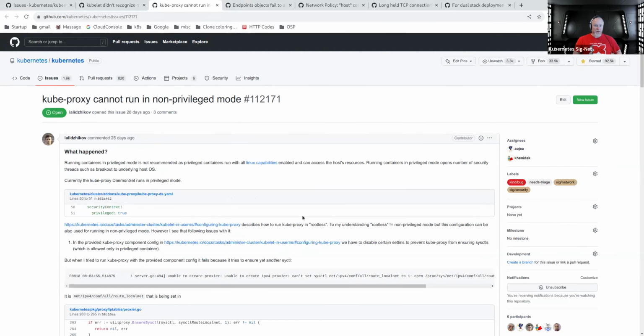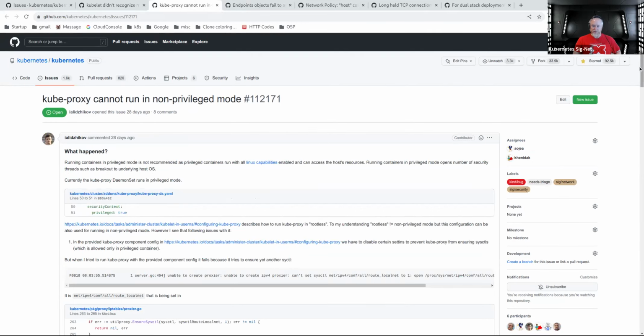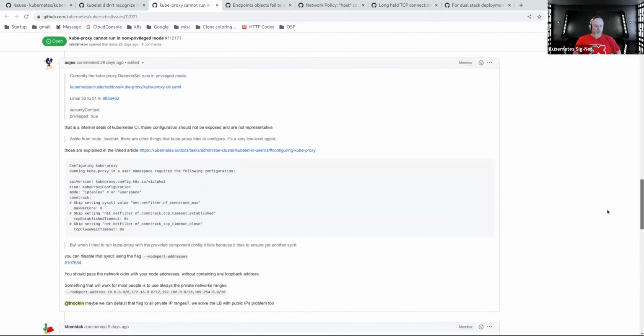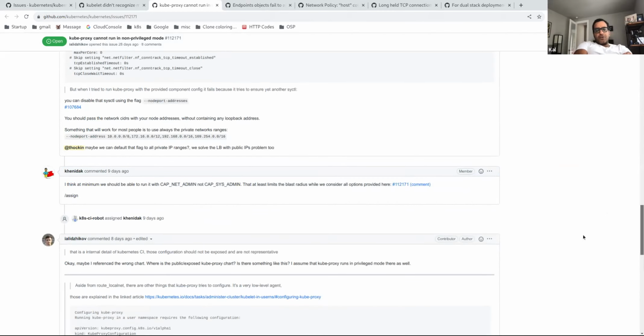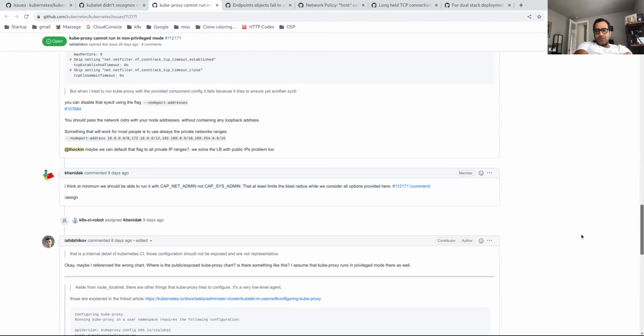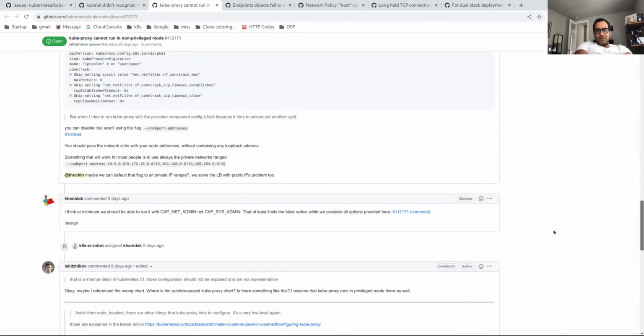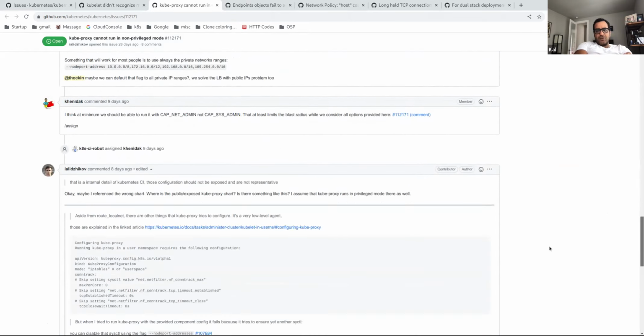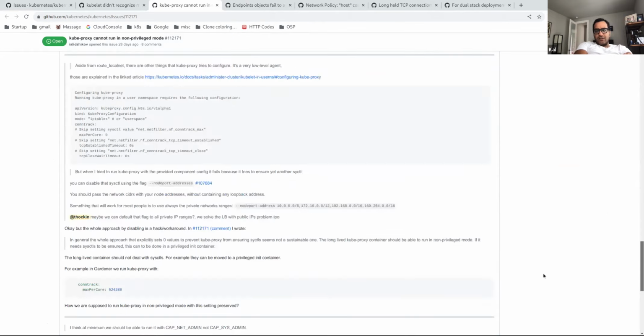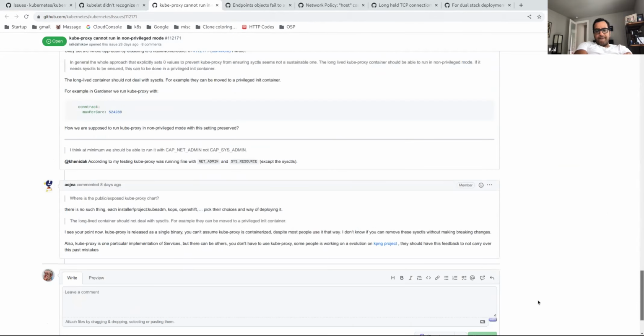Okay. Kube-proxy cannot run in non-privileged mode. I remember looking at this, but I totally forget what we said. It's sysadmin, and I was thinking we should at least be able to run it on netadmin, and somebody said, yes, we tested it and it works, but we don't have any tests in e2e that actually work with netadmin. So for us to say to everybody, oh, you don't need sysadmin, you can run it with netadmin.